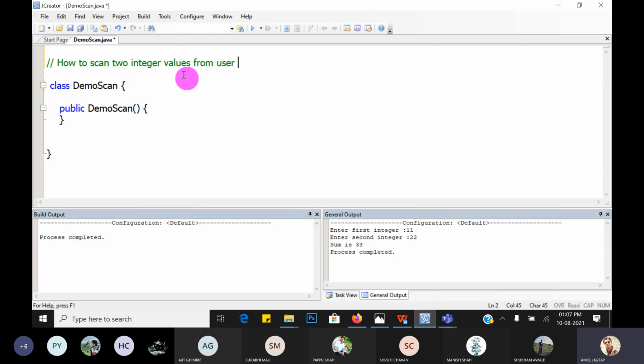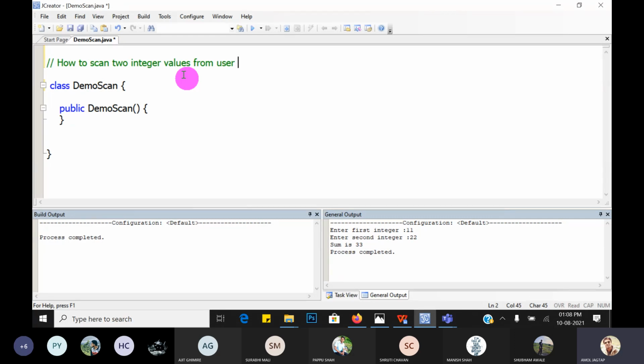Then there are formatted and unformatted IO functions available. In C++, we have seen that we use cin. C means console input. This is the object of a particular IO class. We have already seen that in C++. Similarly, in Java, what do we have to use?